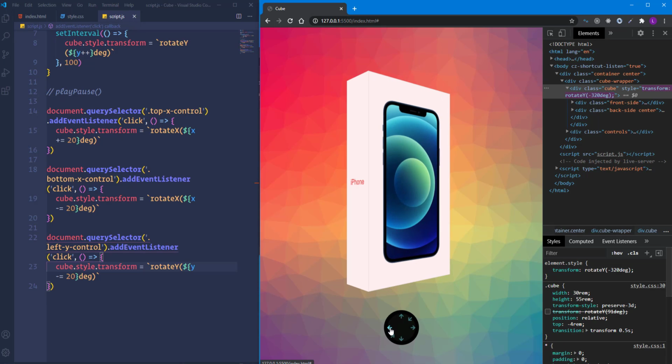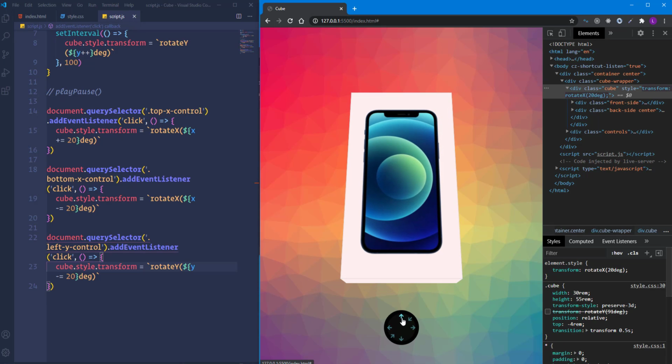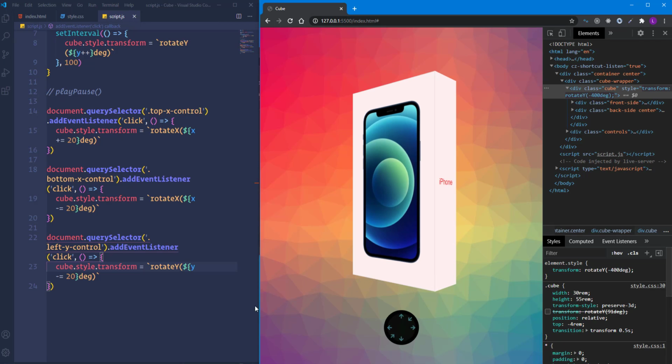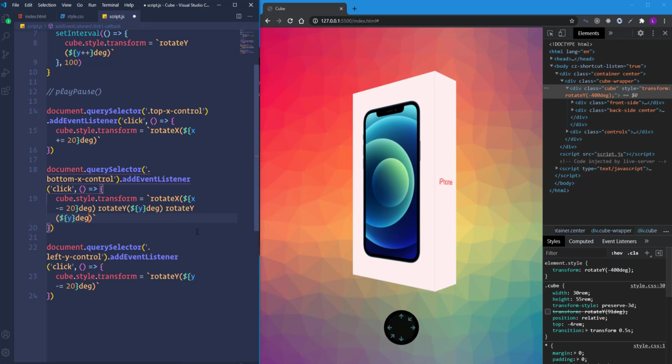If we click the left arrow and then we click the top control, at first the cube will get its default position and then it will rotate. We don't need that, we need to maintain the previous position of the cube, and in order to do that we need to define all three directions no matter which direction we are changing. So we need to add here rotateY with the y degree, and then we need the same for the z direction, rotateZ with the z degree.